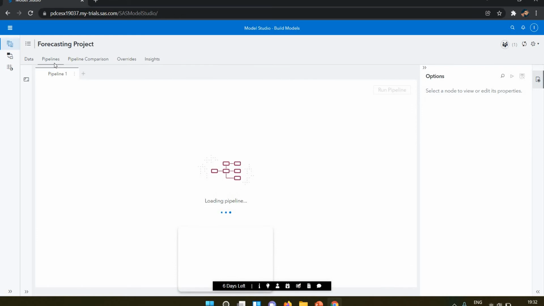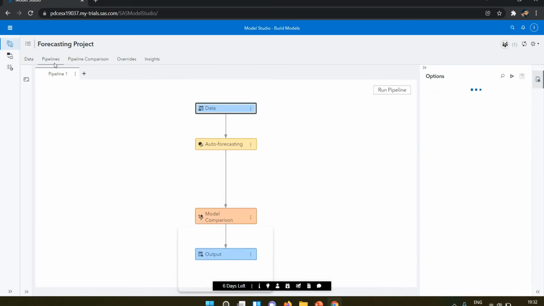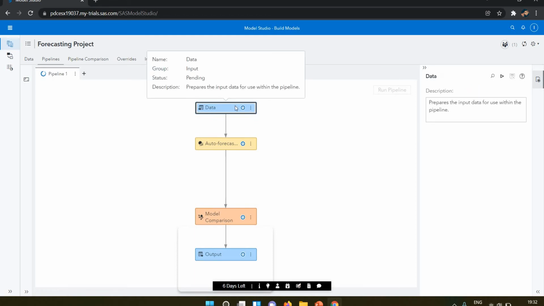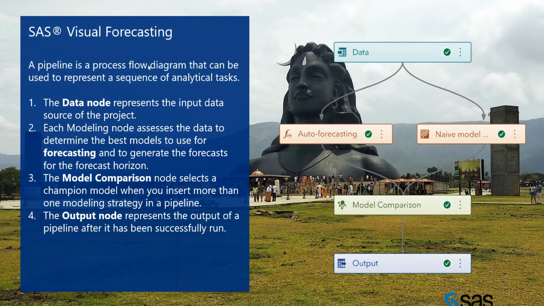Now you can see here they automatically created one pipeline for my data, because I selected one template. So what is a pipeline? A pipeline is a process flow diagram that can be used to represent a sequence of analytics tasks.